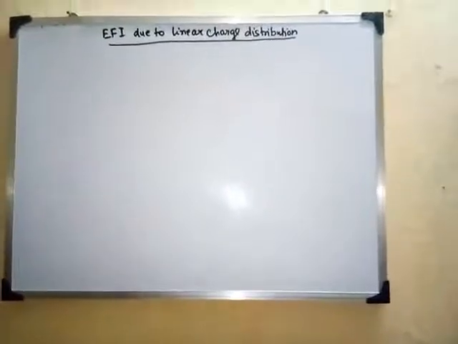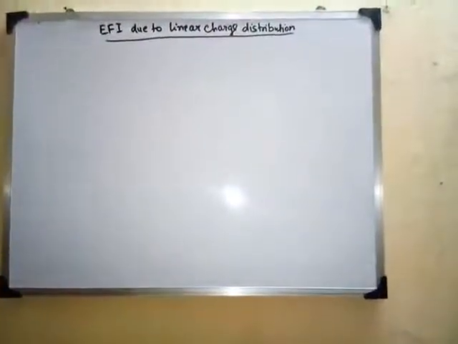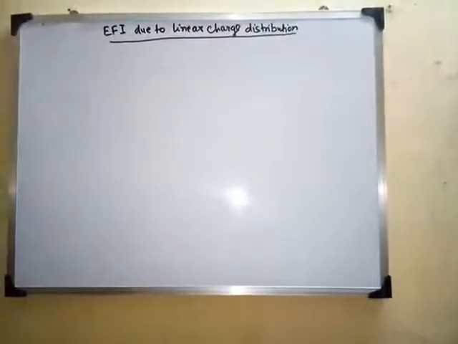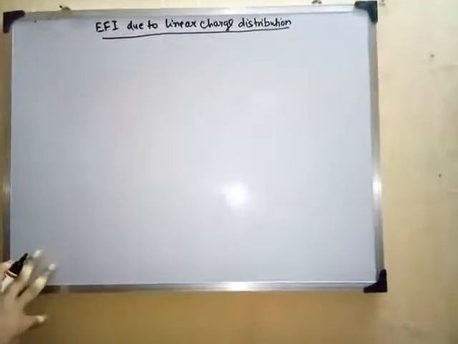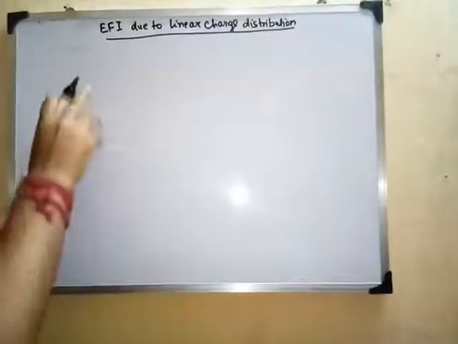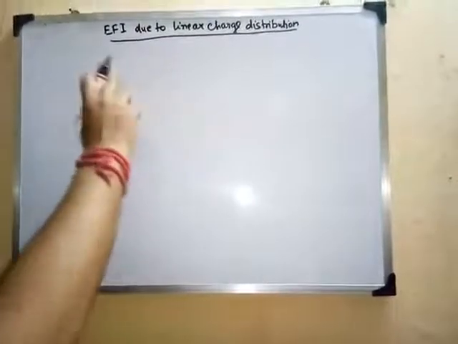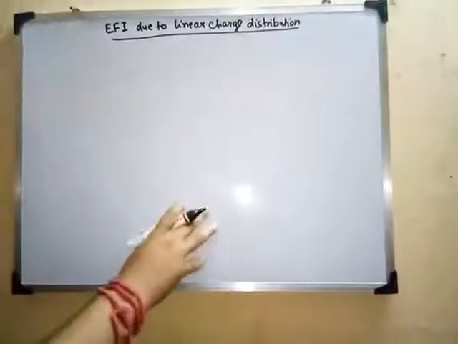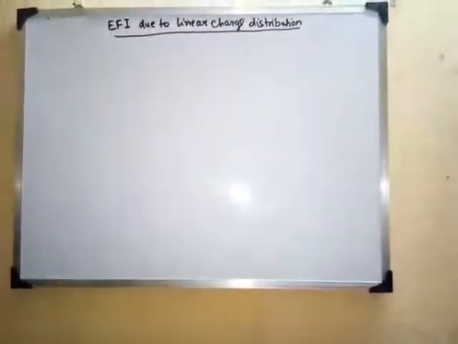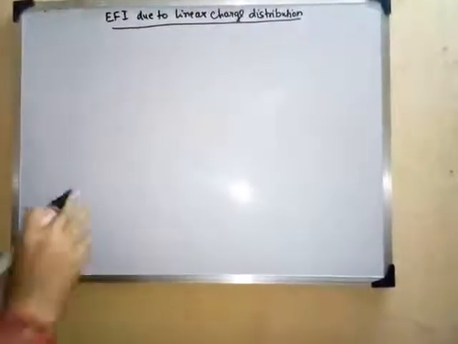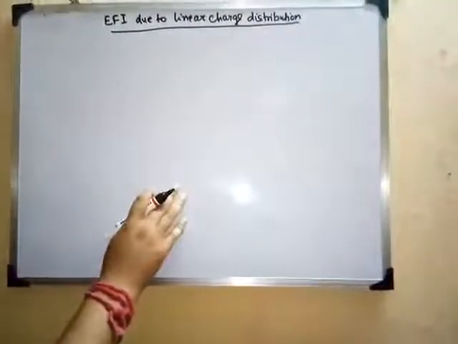right? In different conditions means in the last class we have also discussed details about the linear charge distribution, surface charge distributions and volume charge distributions. So in this video we will also try to evaluate what is the condition of the EFI in different cases, that is EFI due to linear charge distributions, surface charge distributions, volume charge distributions and other conditions, right? So to start with, we are going to discuss this EFI due to a linear charge distribution, right?